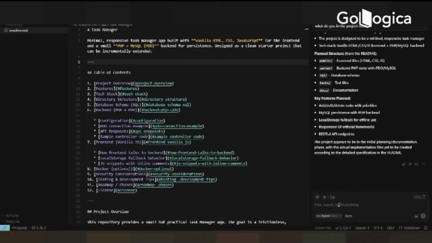So let's ask it to create the directory structure for this, as per the file. We are already in the